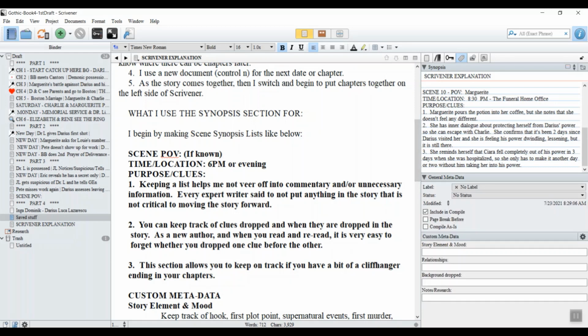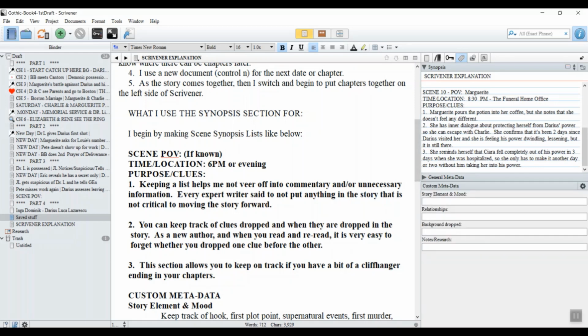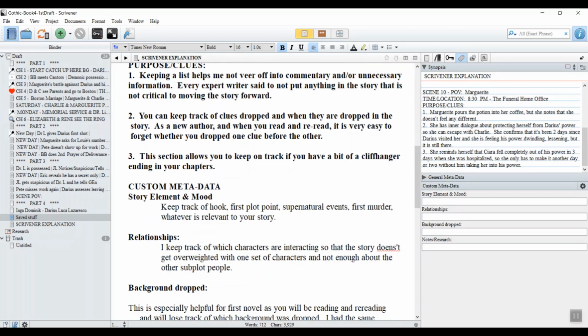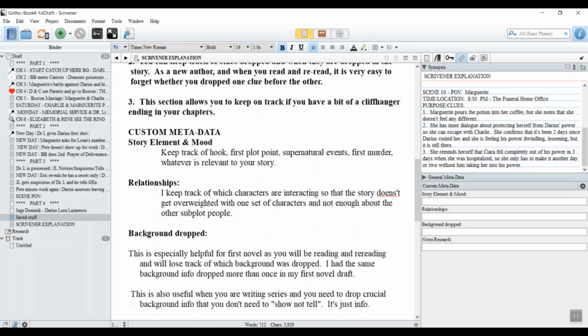Now, down here, this usually opens automatically. I close this. And then I use custom-made data, and the elements that I've created for myself are called story element and mood, relationships, background dropped, and notes and research. So the story element and mood allowed me to keep track of where the hook was,